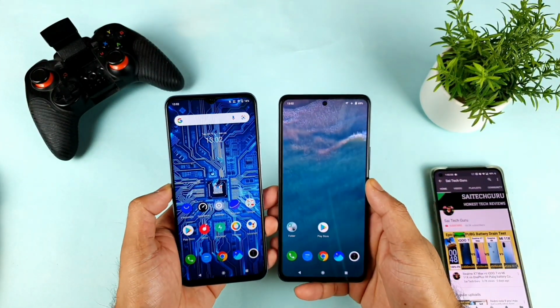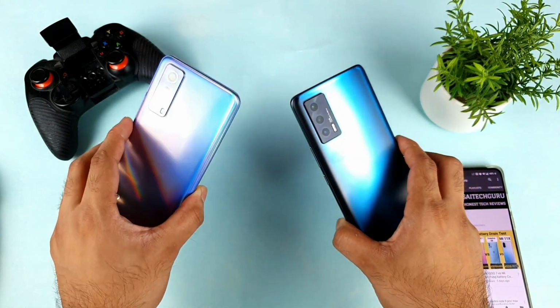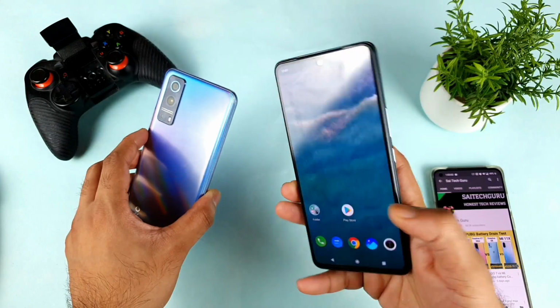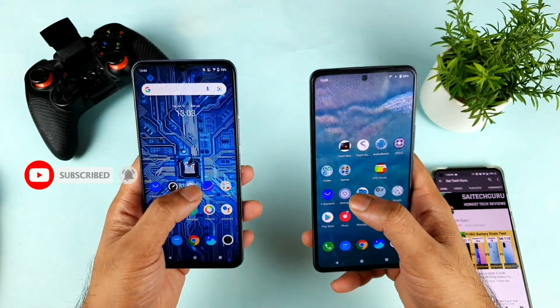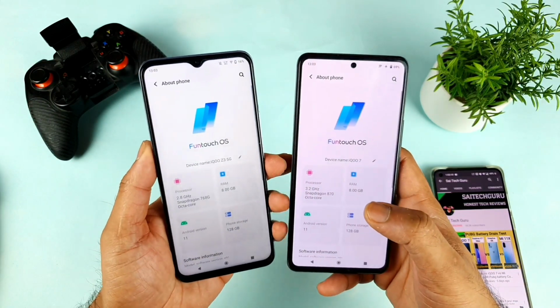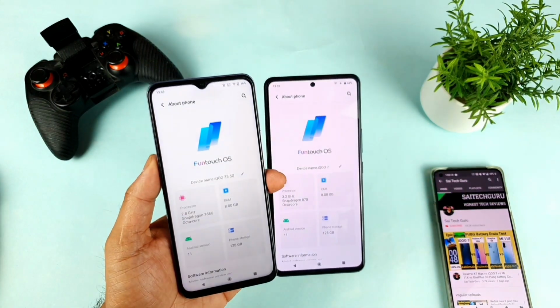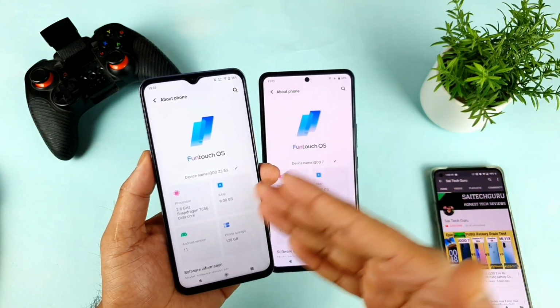In today's video we'll compare both phones, the iQOO Z3 versus the iQOO 7, in terms of the Eagle Eye display enhancement versus the game display enhancement in the iQOO 7 device. So as friends, there are two different kinds of enhancement features present in the two devices. That is what a few of the users are really interested to know, which enhancement is better. That is the reason I thought of doing this video comparing both phones side by side.